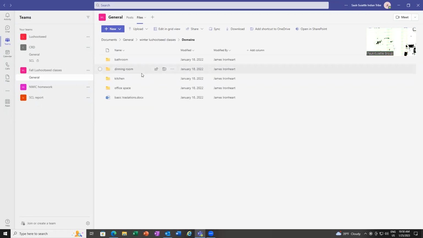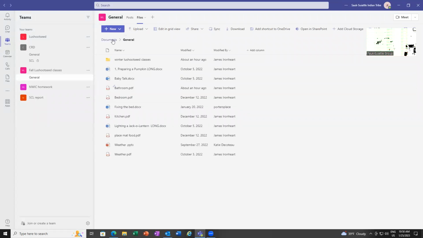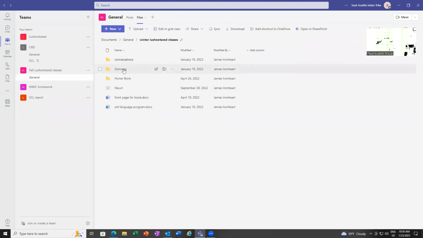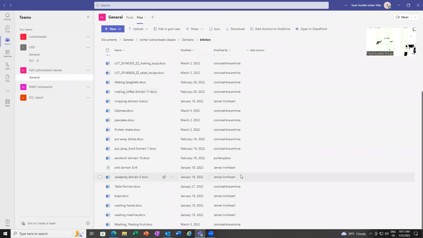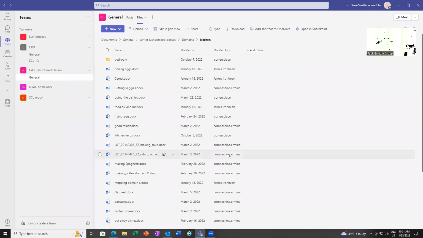So remember I said domains, we have kitchen, office space, and actually if we go out to this part, the bathroom, the bedroom, the kitchen, and the placemat, and then are all technically a domain. So you just pick up one of these ones and say kitchen, and then you can click cutting vegetables and whatever you have here. It will track on who looked at it last and where and who did any changes.